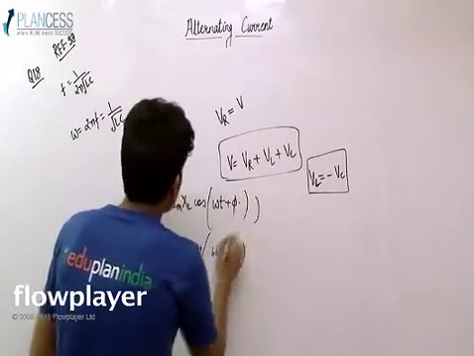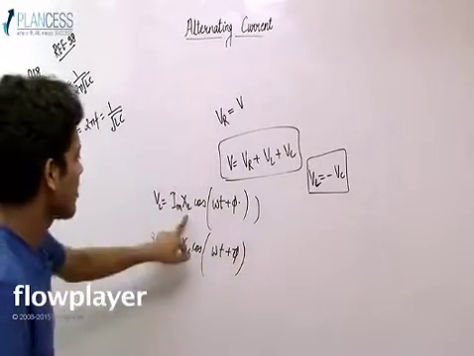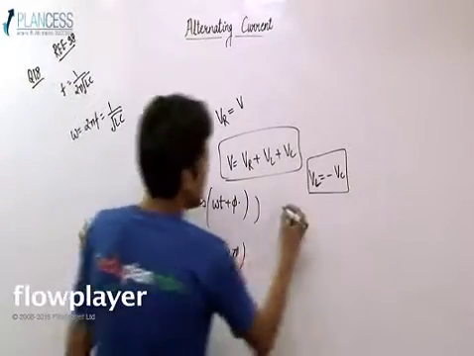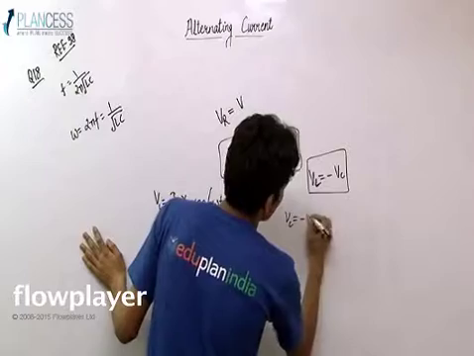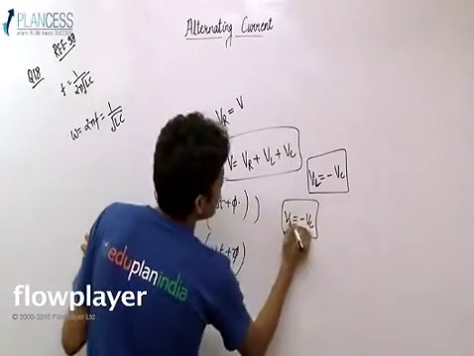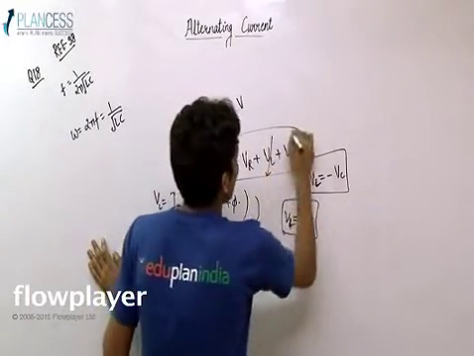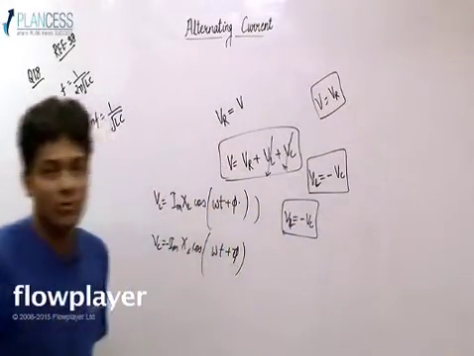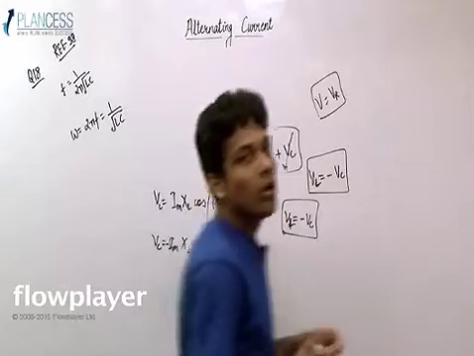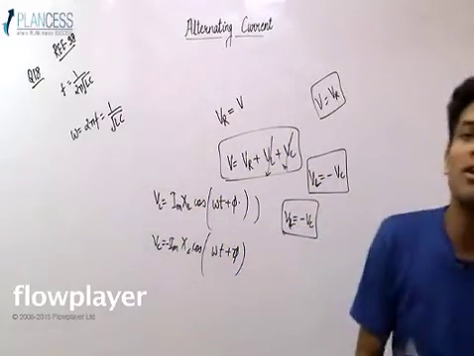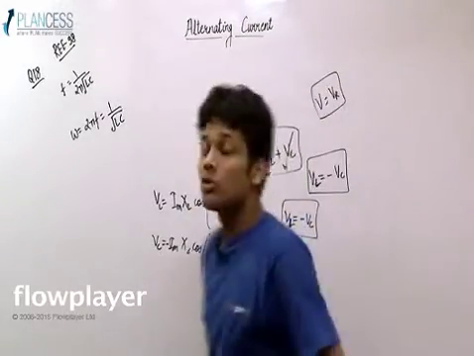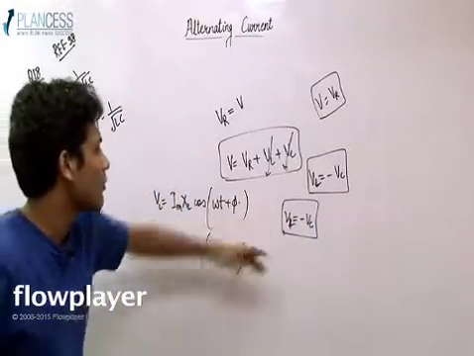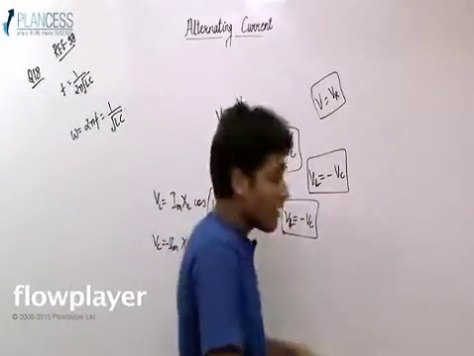Since we know that for a circuit at resonance, XL and XC are equal, we can clearly see that VL is equal to minus VC, and thus these two things cancel out, and V, that is at any instant the potential difference across R, is equal to the applied EMF in the circuit at resonance. So this is pretty important, and you can see a good conclusion that came out, that is when a circuit is at resonance,